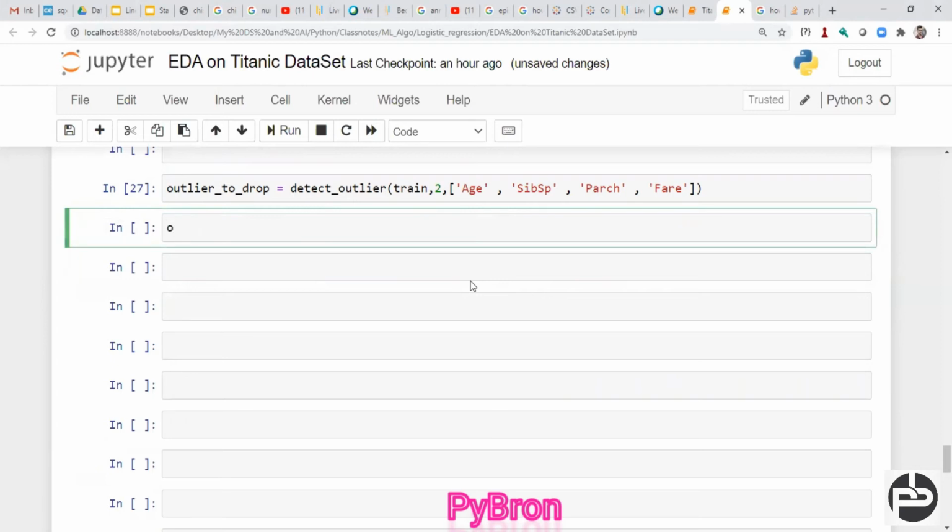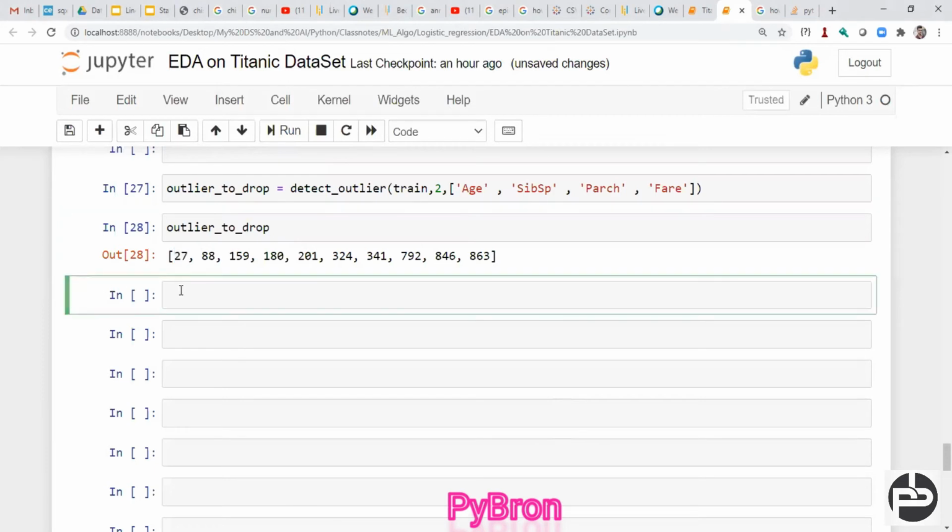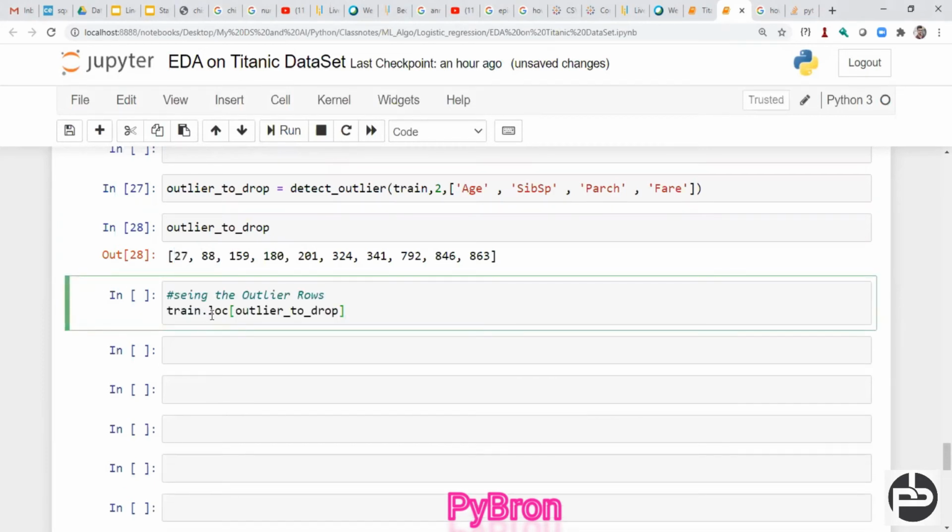If you want to see the outlier indices, you can see index 27, index 88, having some outliers, right? Everything is fine, well and good. If you want to see which rows have the outliers and what the values are, you can call the loc function and pass these indices.